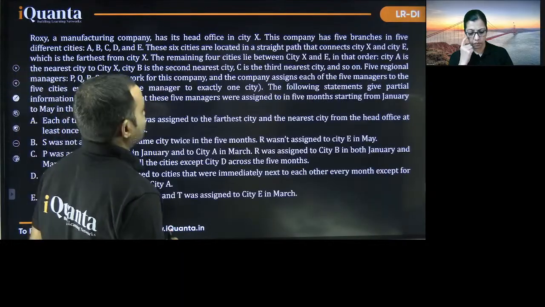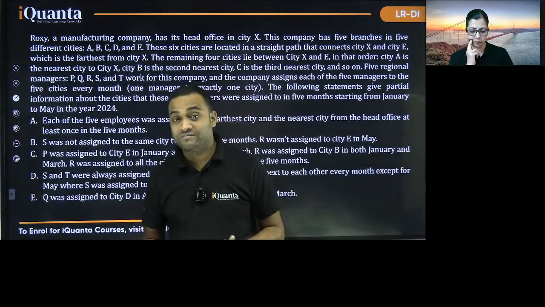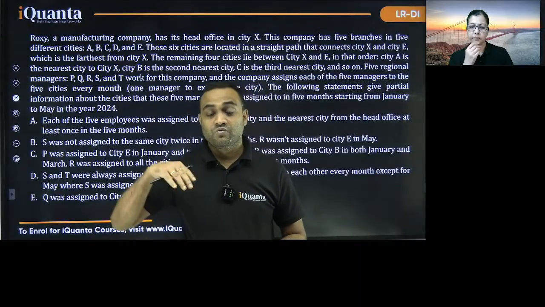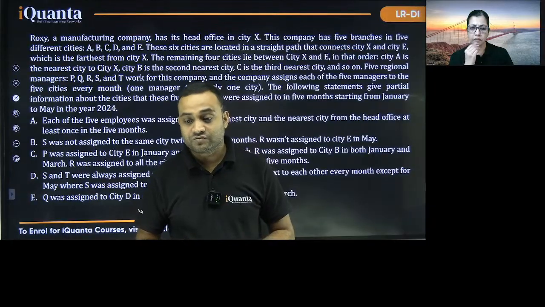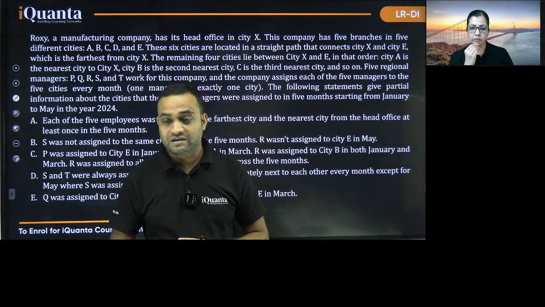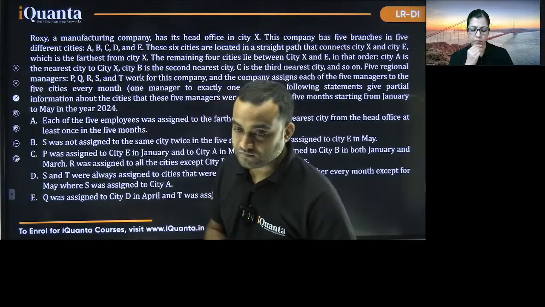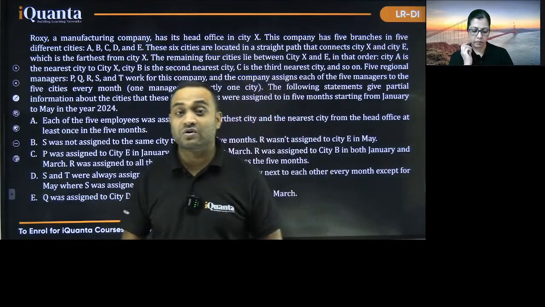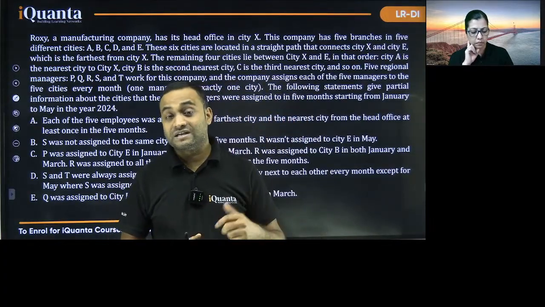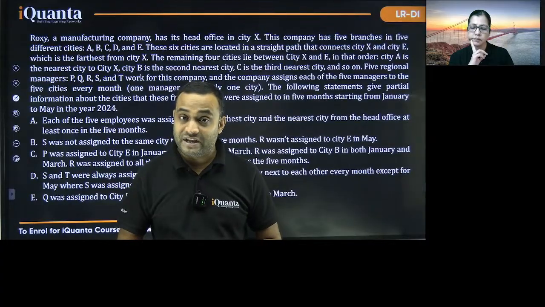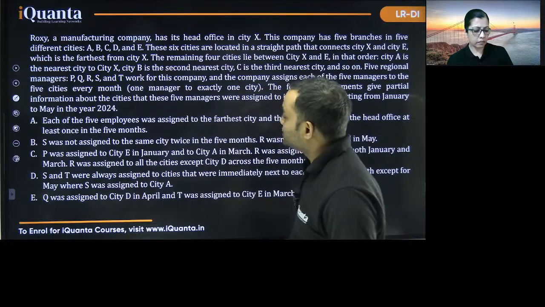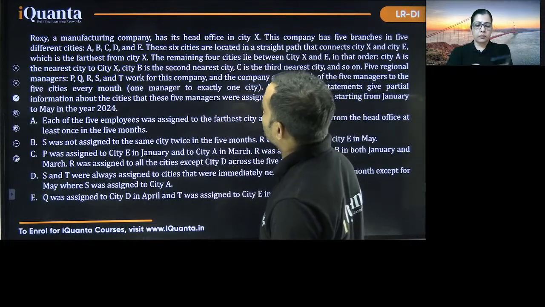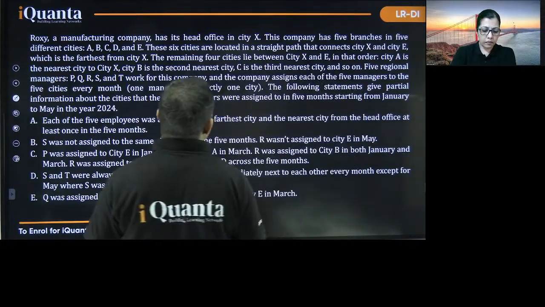But yes, ranking sets, if you have done before, if you are aware of how we should arrange them, and you are good with casework, you can definitely do that. Akash, yes, as I said, if you are good with casework, then definitely, that was a little bit time-taking, but not unsolvable, right? Then comes the third set, and Roxy, a manufacturing company, has its head office in city